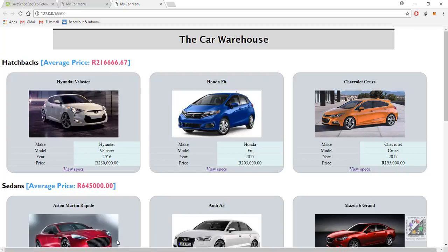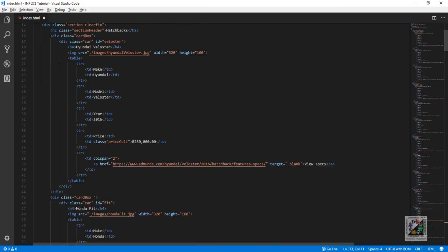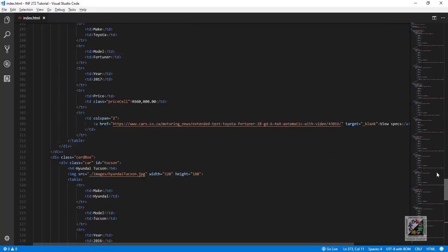So the first thing that you would need to do is access last week's tutorial as a starting point. The source code for last week's tutorial is available on ClickUp. If you couldn't get it right or didn't have the time to do it yourself, you can use last week's source code and just build on that. Alright, so let's have a look at that. Here we go. So this is the source code,